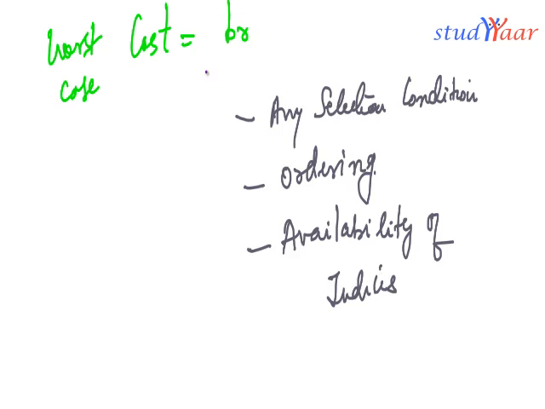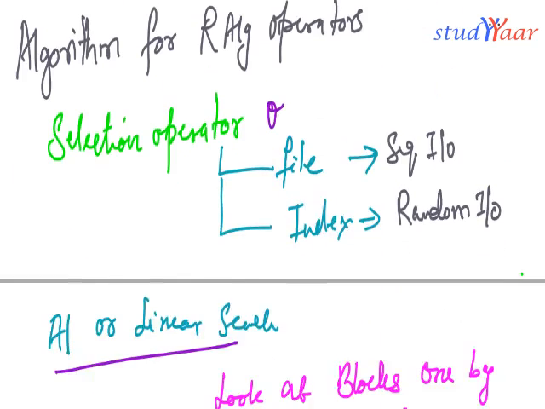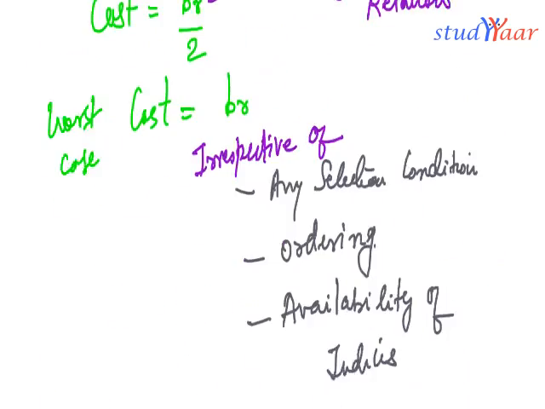So I say it can be used irrespective of any selection condition, any ordering, or availability of indices. That was my A1 or linear search. The second algorithm I am going to look at is A2 or binary search. So what is a binary search? Binary search is simple. Let's suppose